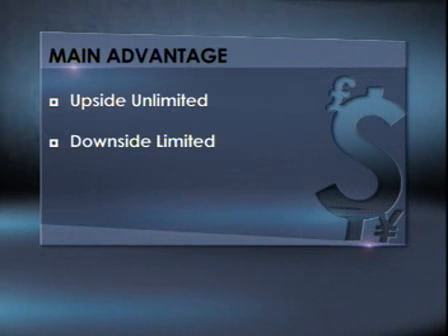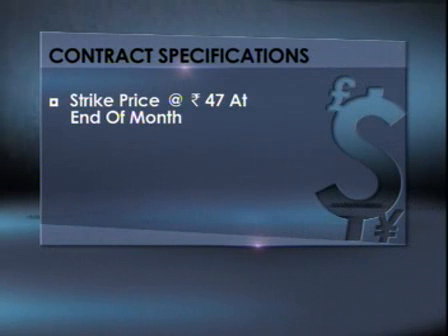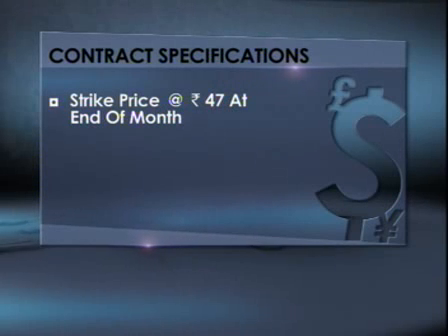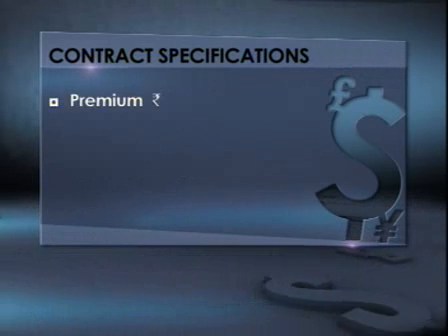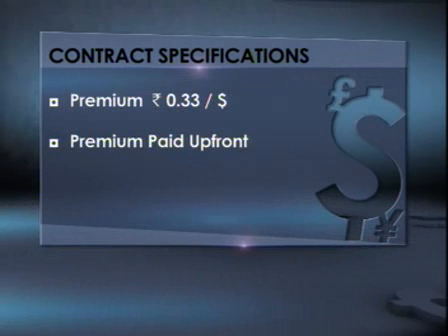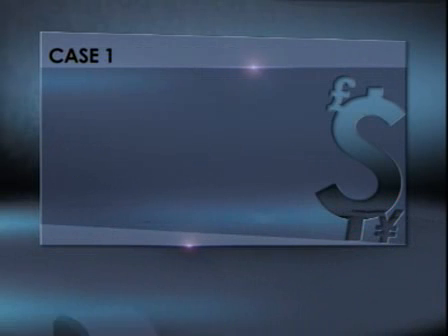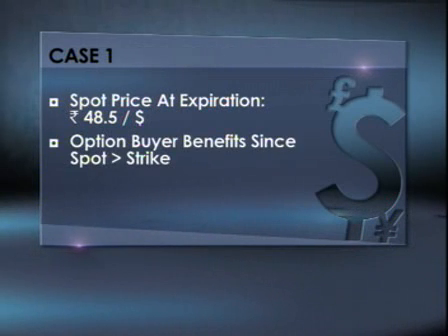To explain with an example, a buyer and seller enter into a specified contract. The contract is to buy USD INR at 47 rupees. This is the strike price, contract expiration, end of the month, contract size for $1,000. The buyer pays the seller an option premium of 0.33 rupees per dollar. This is paid upfront. Now at expiration, case 1, if the price moves to 48.5, the buyer benefits since the